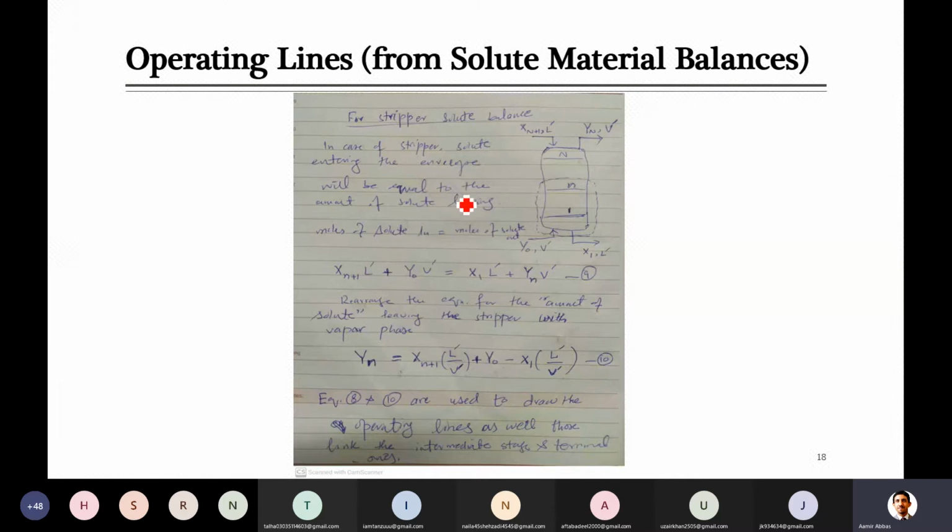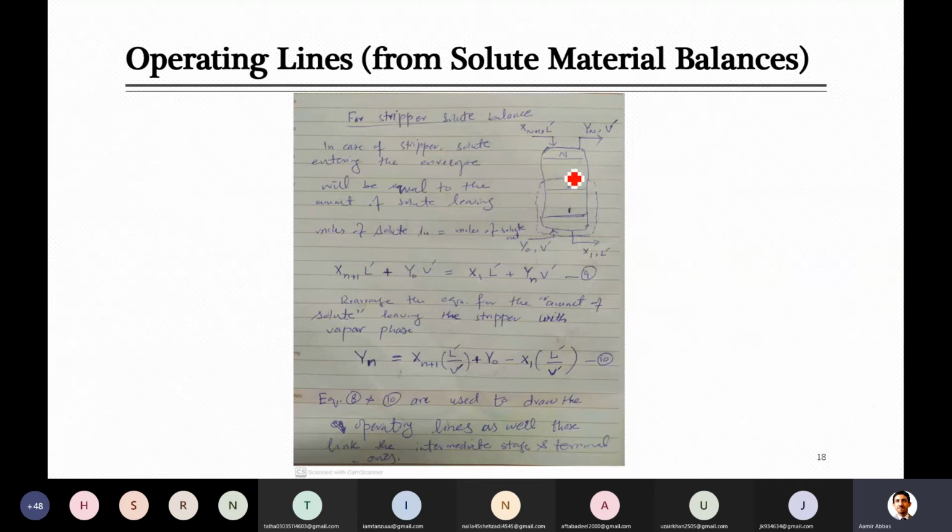So here when you apply the balance, the amount of solute getting into the system will be equal to the amount of solute leaving out of the system. Again, the similar conditions apply: this is steady state. Definitely there is no accumulation inside the equipment, anything that gets in leaves the system as well. We are considering a non-reacting system. So this value will be like here now for